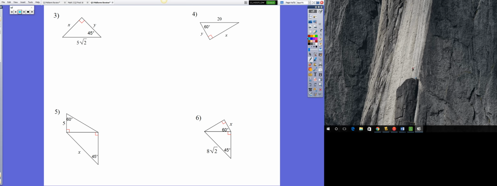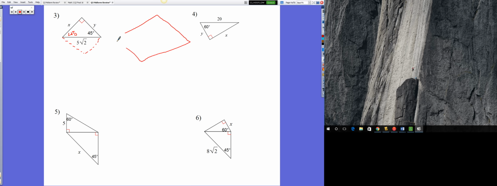Okay, 45, that means that's a 45, because in a triangle they all got to add to be 180, so that's 90, these two got to add and be 90. The ghost half is right here. 45, 45 comes from a square. Okay, now they gave you the hardest one possible, because in a square, if they give you the outside edge,